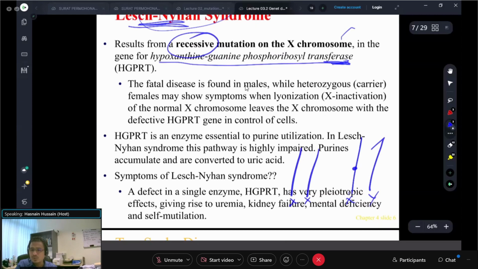X and X. So if this one is defective, but this one is okay, then it will be normal, isn't it? So that is why for those diseases or disorders that are related to the X chromosome, or X-linked,